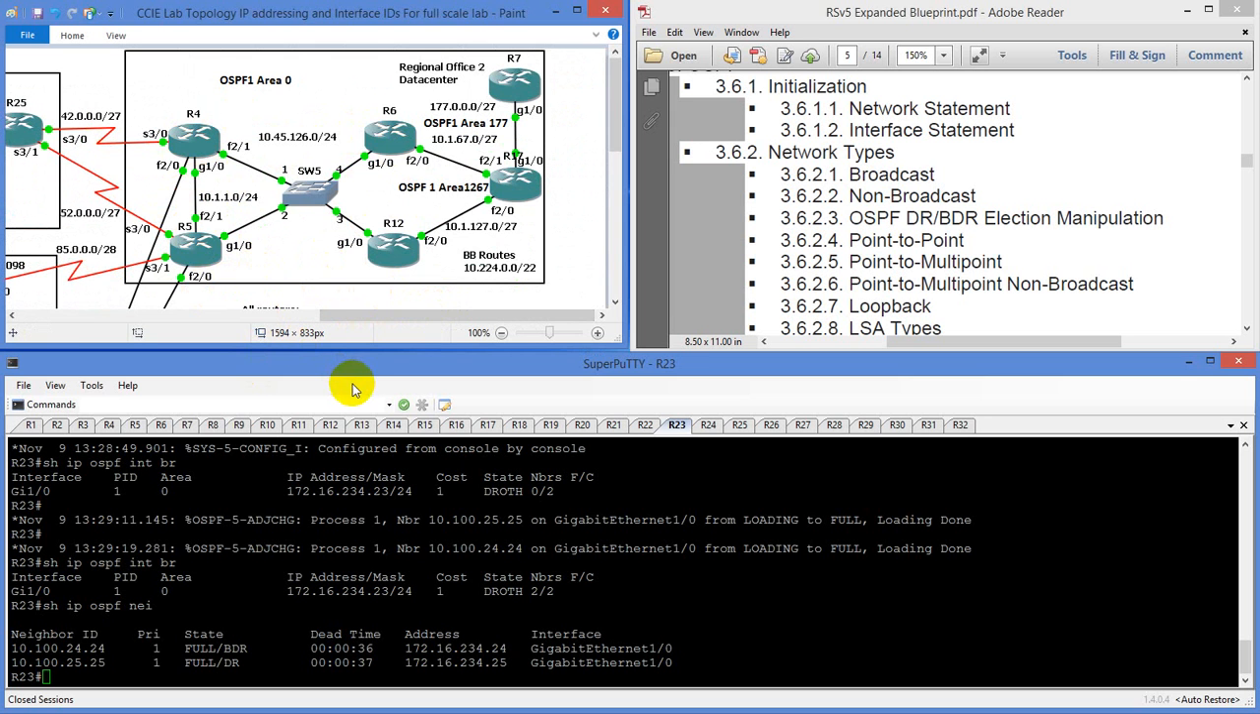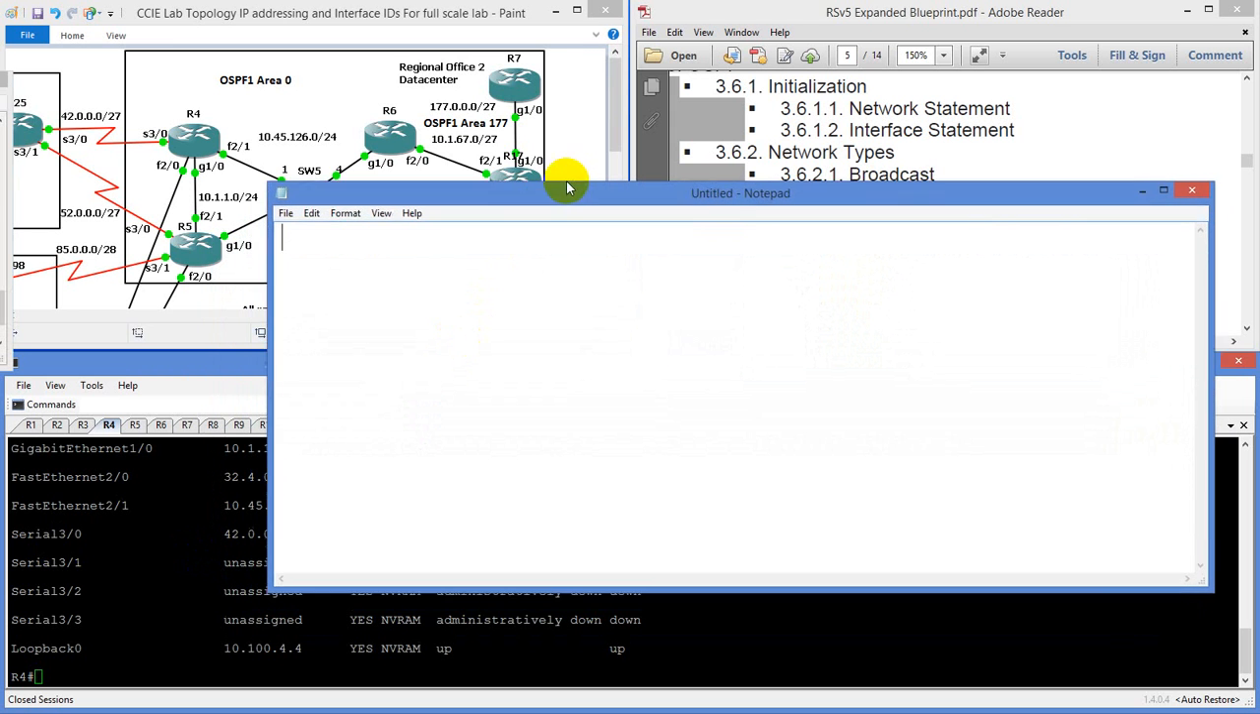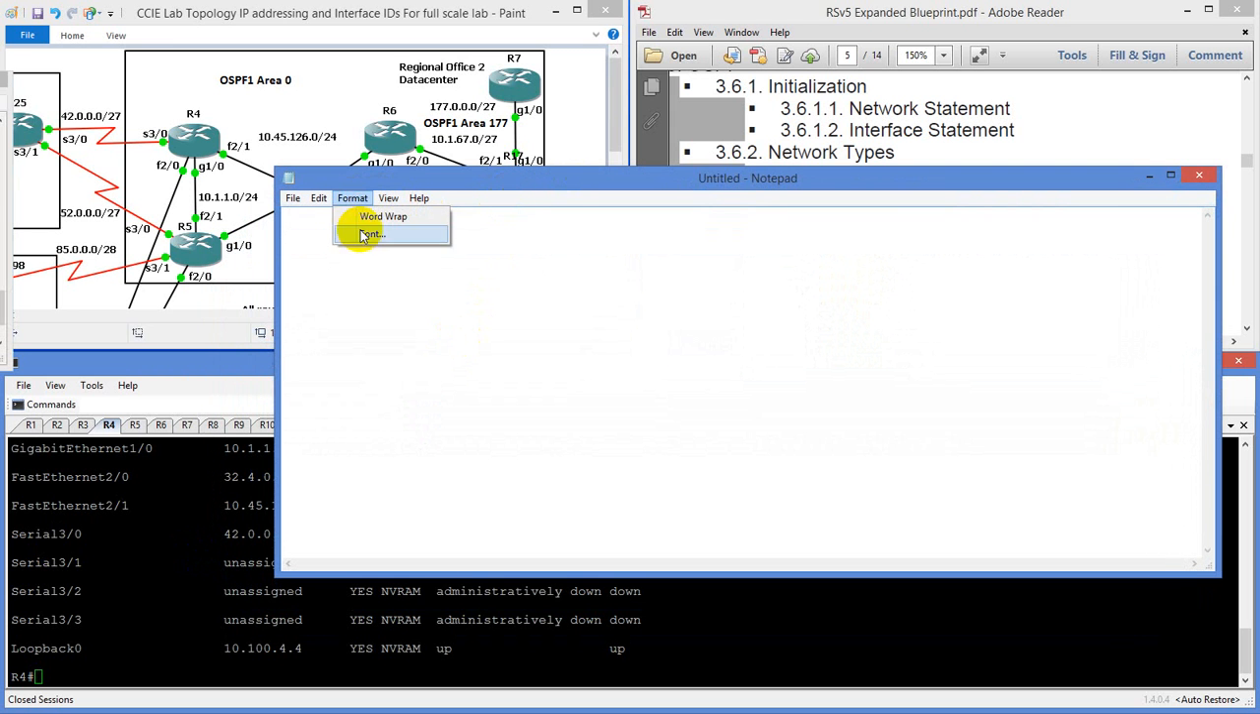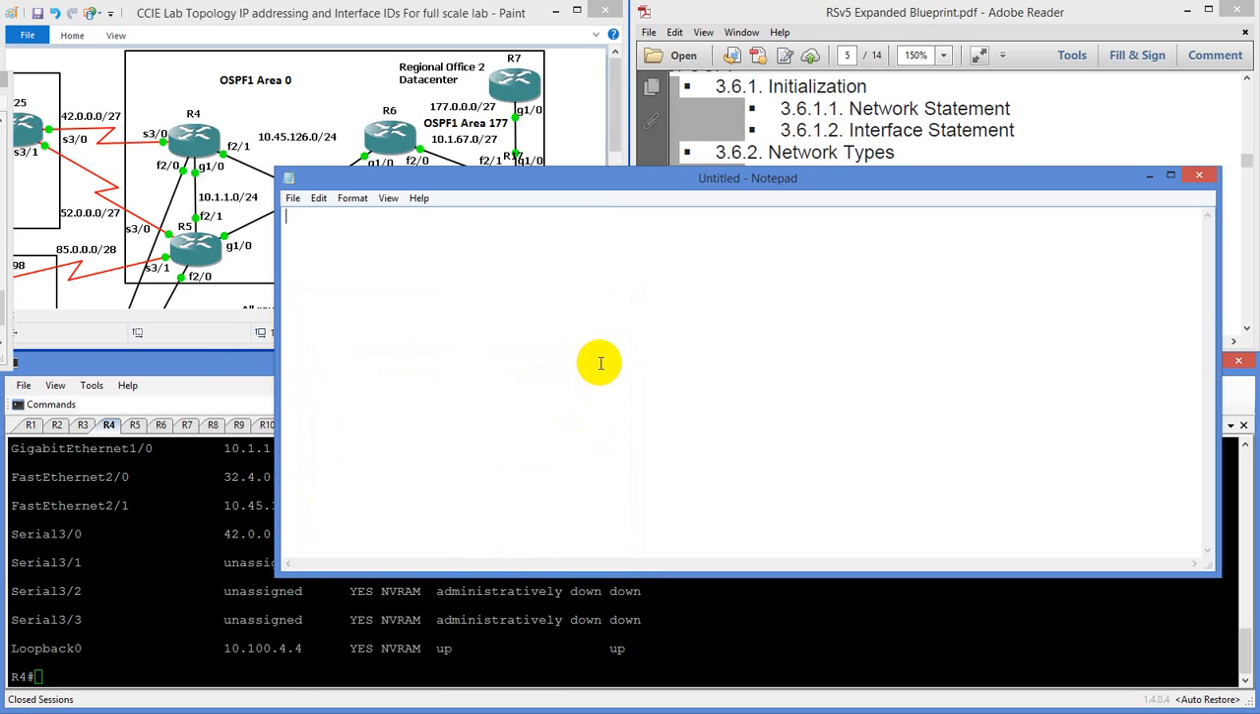So what I'm going to do is go to router 4, and I'm actually going to script this. What I mean by scripting is, let me do a new notepad document. The font doesn't need to be 22, it can be 12. So we're going to type in router